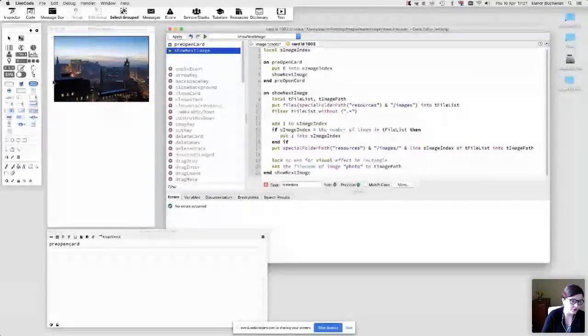So we only want to lock the screen around our image here. So it's in the rect of image photo. Every control has a rect that just describes exactly where it is on the stack. So we lock screen for visual effect in rectangle of image photo. We then make our change, which is just this one line here. And then we unlock screen